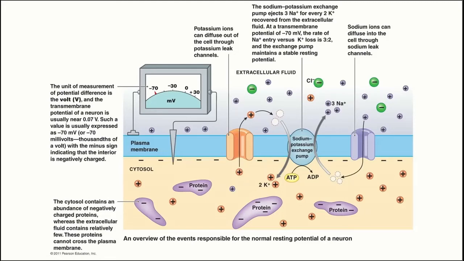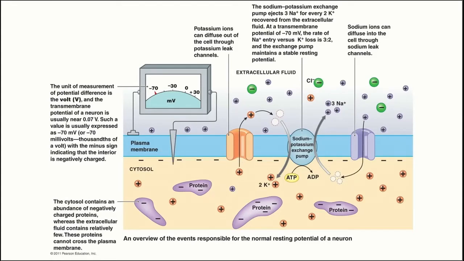Now, for reasons that we'll go into detail in later chapters, in particular the muscle physiology and the nervous system physiology chapters, we see that more potassium actually diffuses out of the cell than sodium diffuses in, even though both sodium and potassium are positively charged. What we end up seeing is that more potassium diffuses out per unit time than sodium diffuses in. And so because we have more positive charge going out than coming in, our membrane voltage reads slightly negative, right? Because a negative resting membrane voltage means that there's more positive charge moving out than in. So our resting membrane voltage will read as slightly negative on the inside because of the diffusion of potassium